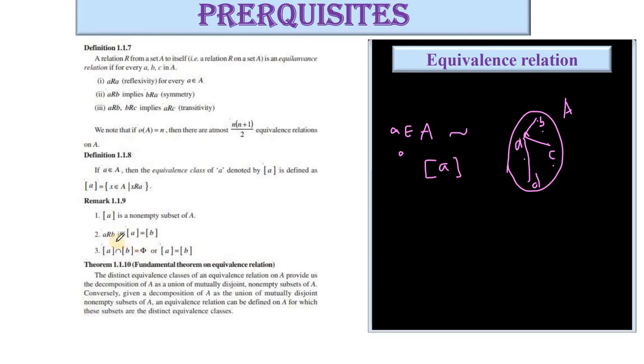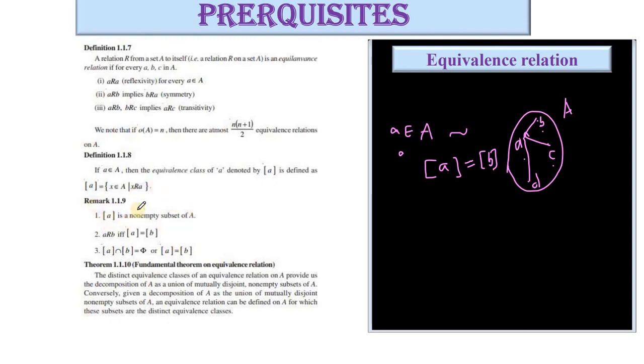So that is what the second condition here we have made as a remark. a is related to b if and only if class a is equal to class b. Whenever the equivalence class of a is equal to the equivalence class of any other element, what does it mean? My a and b should be related. And whenever a is related to b, the equivalence class of a will be equal to the equivalence class of b. So this property will help us in finding the actual number of equivalence classes, instead of finding for each and every element. The one which is repeated we are not going to consider.